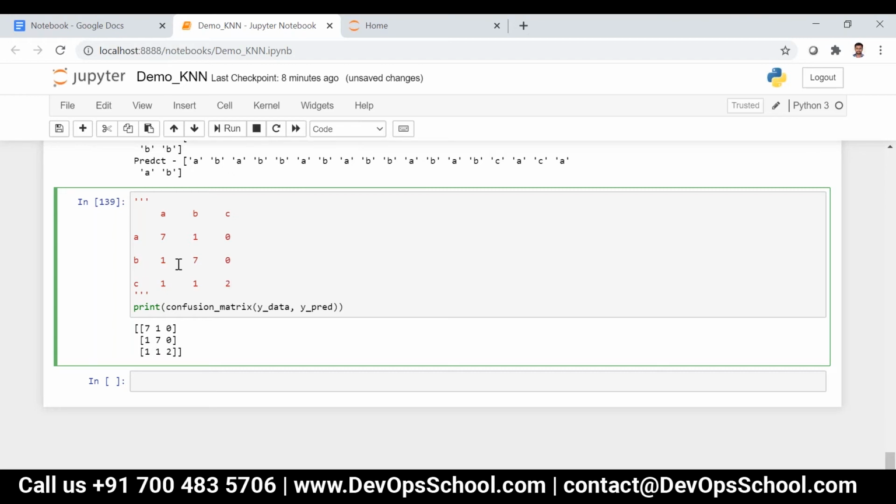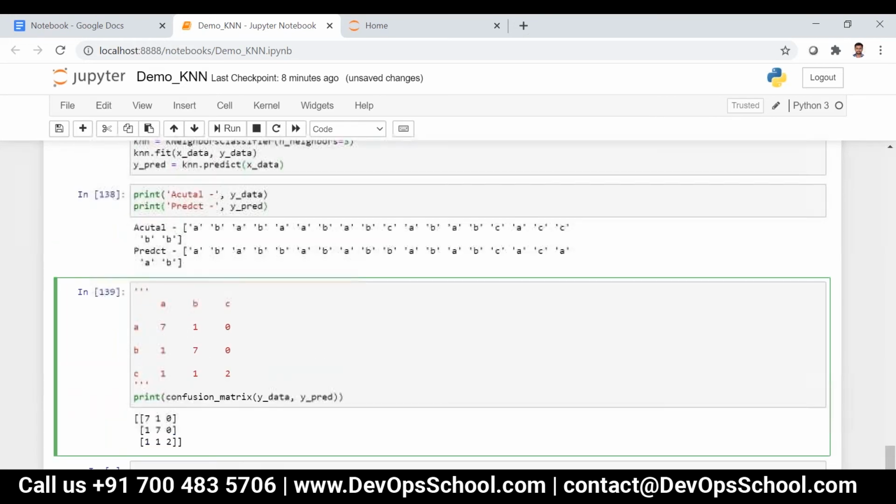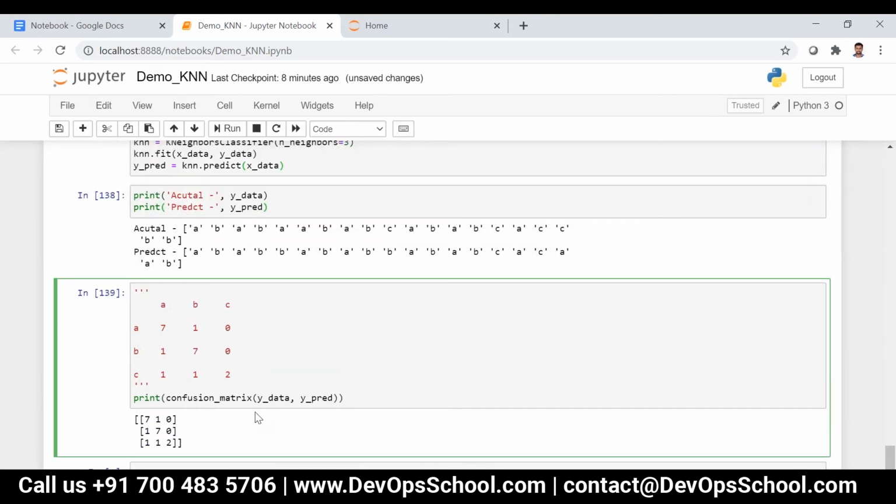So this is what actually it is a, predicted it is a. Actually it is a, predicted it is b, and then actually it is a, predicted it is c, 0. So if you count, for example, let's count cc. cc should be 2. See here, cc and then cc, that's it. So ca, actually it is c, but predicted it is a, that's just only one occurrence. Similarly, cb is only one occurrence.